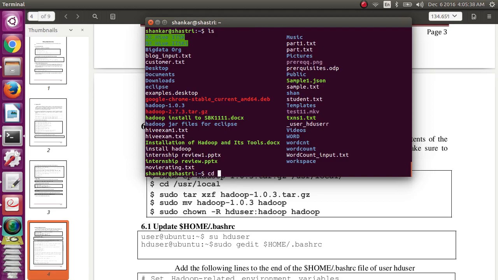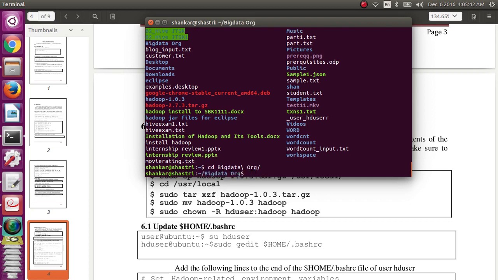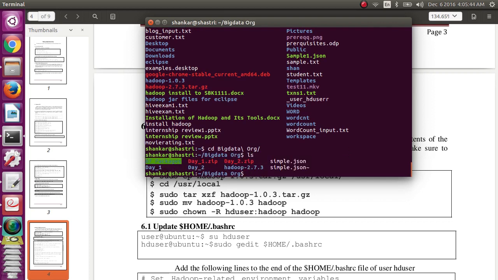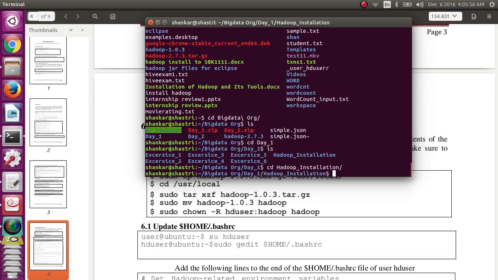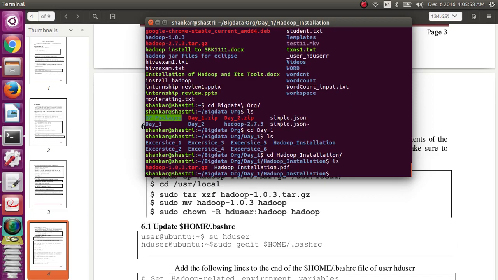My path is cd big data, ls, cd day 1, ls, cd Hadoop installation, ls.